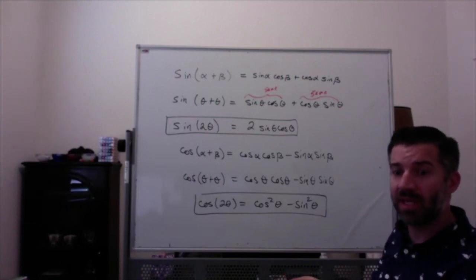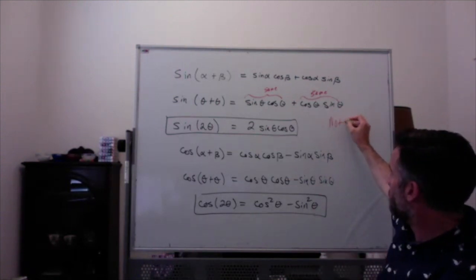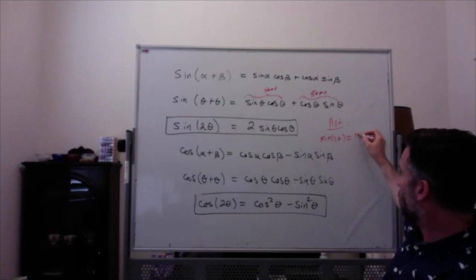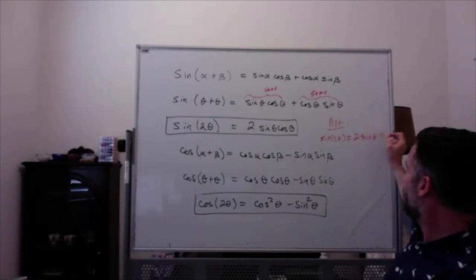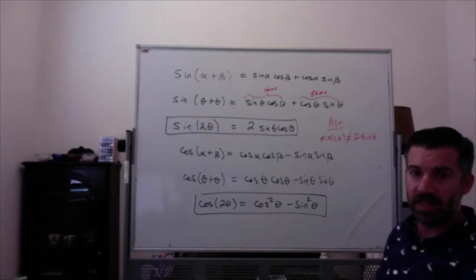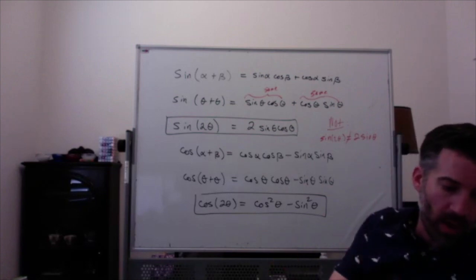I want you to be really careful about this because I've definitely seen people accidentally write that sine of 2 theta is just equal to 2 sine theta. That is not true. Sine of 2 theta is equal to 2 times sine theta times cosine theta. In the same way,